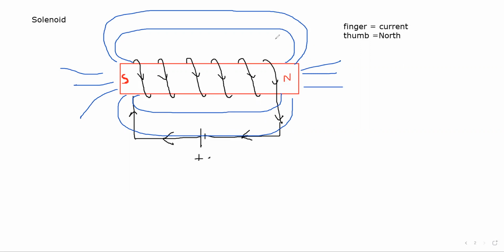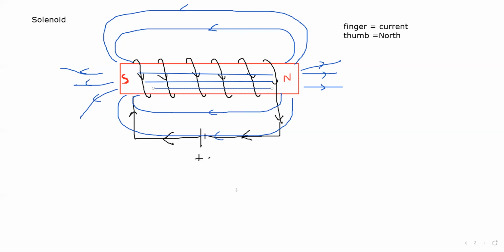So around the wire, it is like the magnetic field of a bar magnet, pointing out from north and into south. And within the wire there is also a magnetic field, but these field lines are parallel. Outside, the pattern is the same as a bar magnet, but inside the field lines are parallel from north to south. Is it clear? This is the magnetic field produced due to a wire, a circular wire or a solenoid carrying a current.